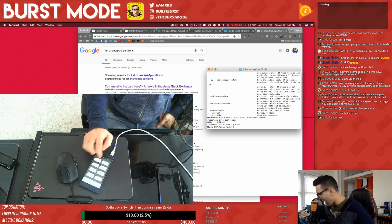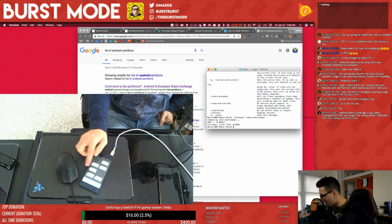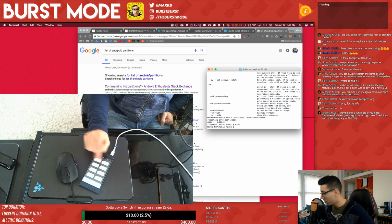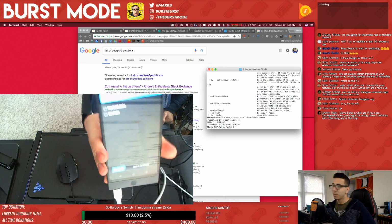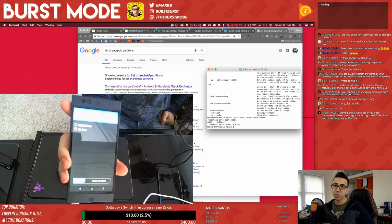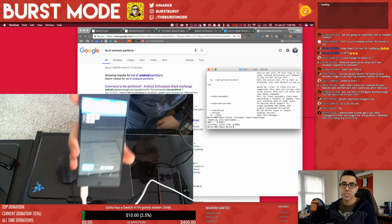So let's go back here. Now that we know that we've got this installed, we've got all kinds of other things: file manager, we can do themes, we've got a terminal built in to TeamWin as well. And here's also where you're going to do an ADB sideload. So if you have something on your computer that you don't have room for on your device, or you don't...